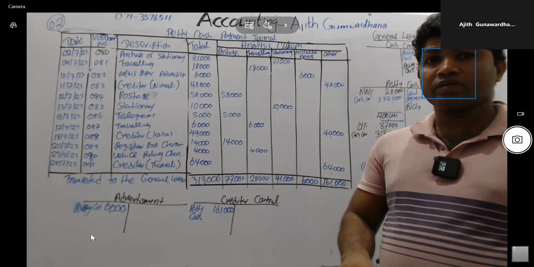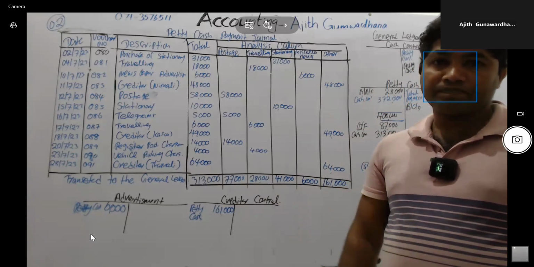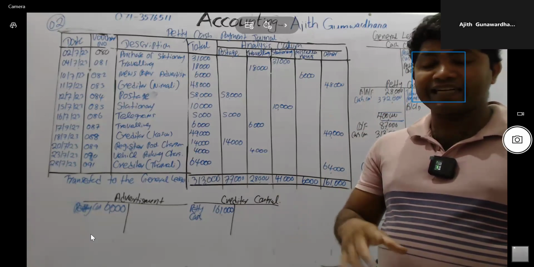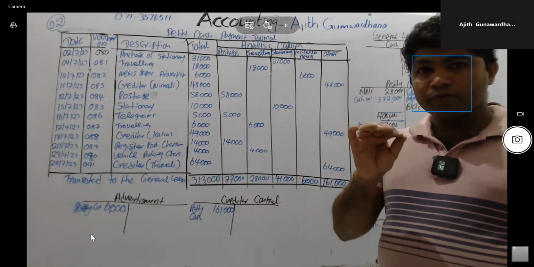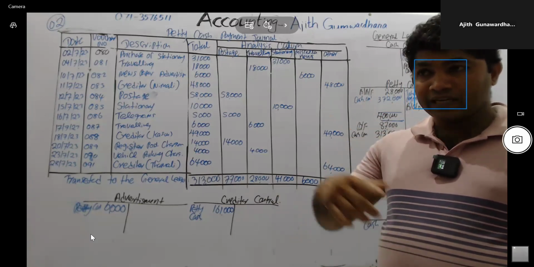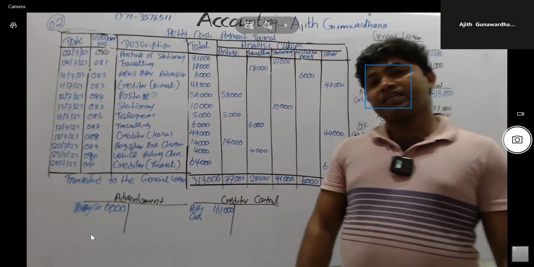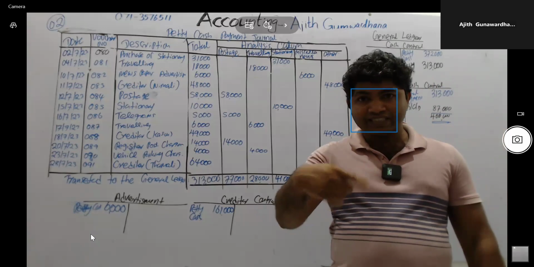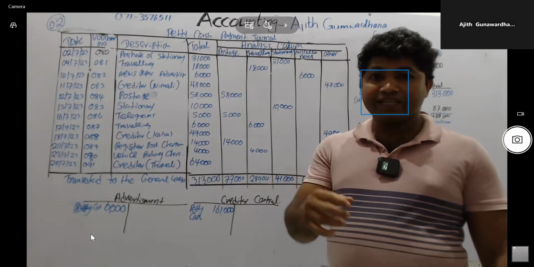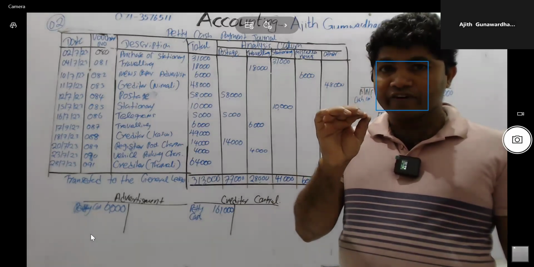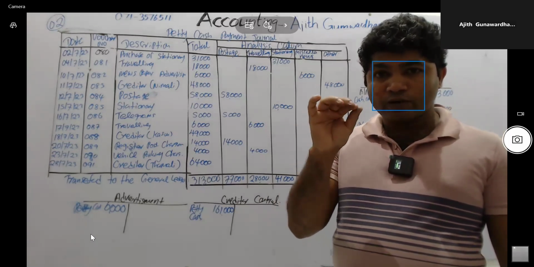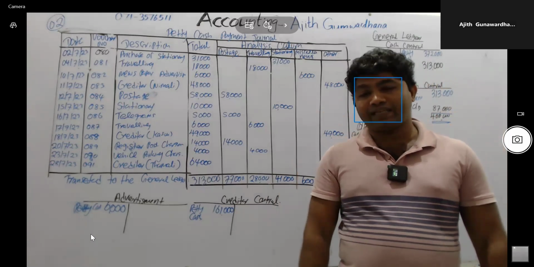Very, very important. This is the last lesson, first term. Grade 12, we have discussed there are 12 lessons, 10 lessons. We have discussed up to partnerships. Accounting mainly can be divided into two parts, financial accounts as well as management accounts. And at A level, we have discussed there are 16 lessons. Out of 16, there are 12 lessons of financial accounts, the balance 4 lessons management accounts. But in grade 12, we have discussed up to lesson 10.